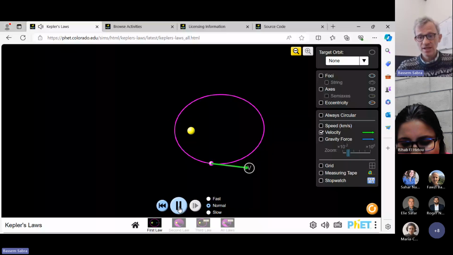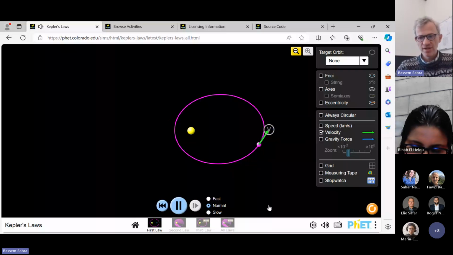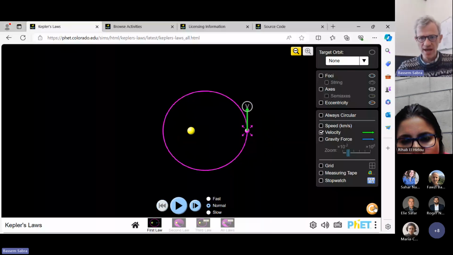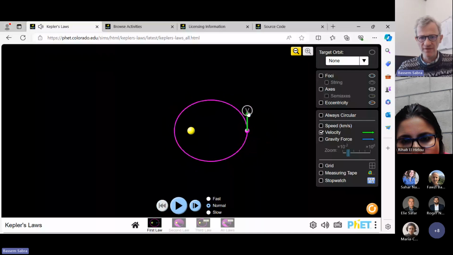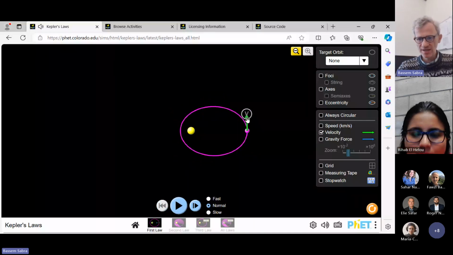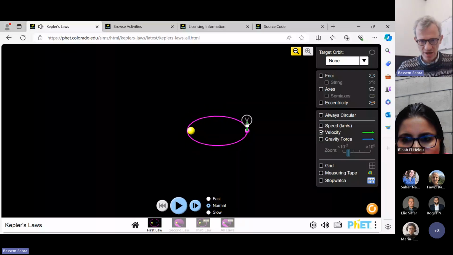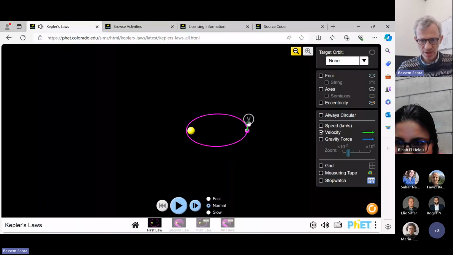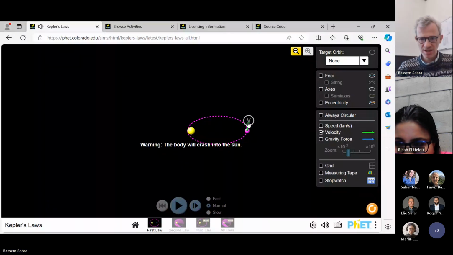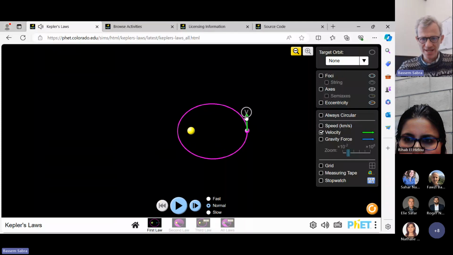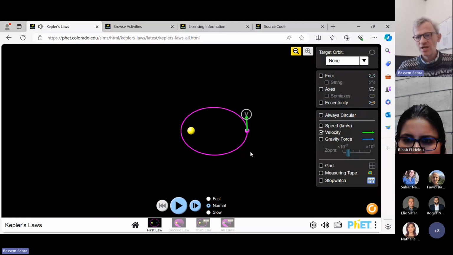in class. Students usually like this a lot. They ask you, okay, what happens if I give it a very small velocity, if I decrease the velocity, and at some point you can see that as the velocity is going down, you can guess what will happen. It's going to crash, and students love that when they see crashes. So you can control the velocity, the speed of the planet around its star.